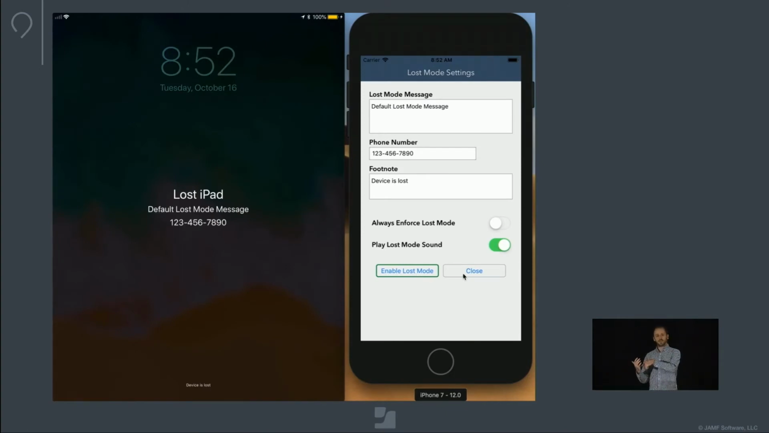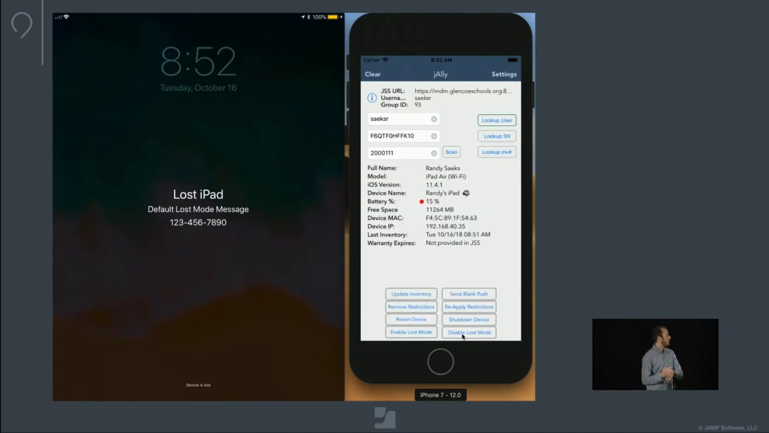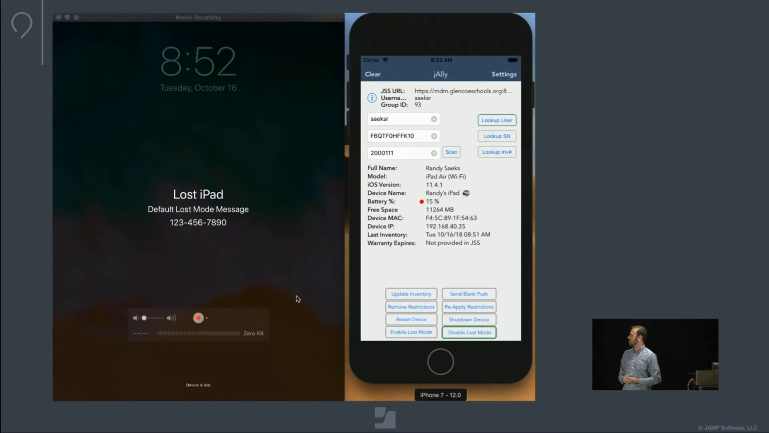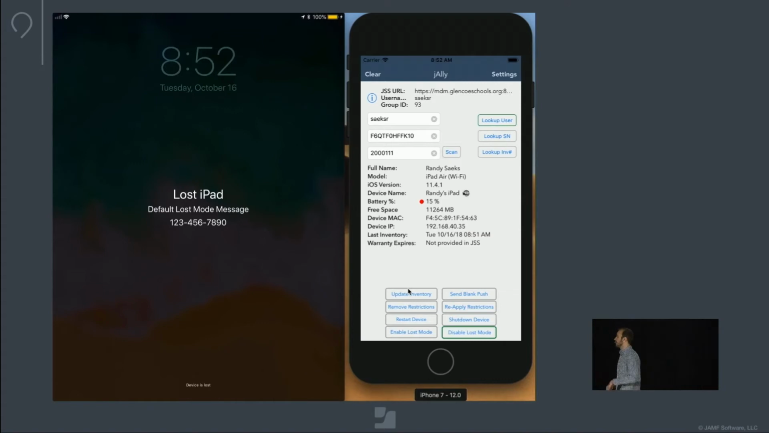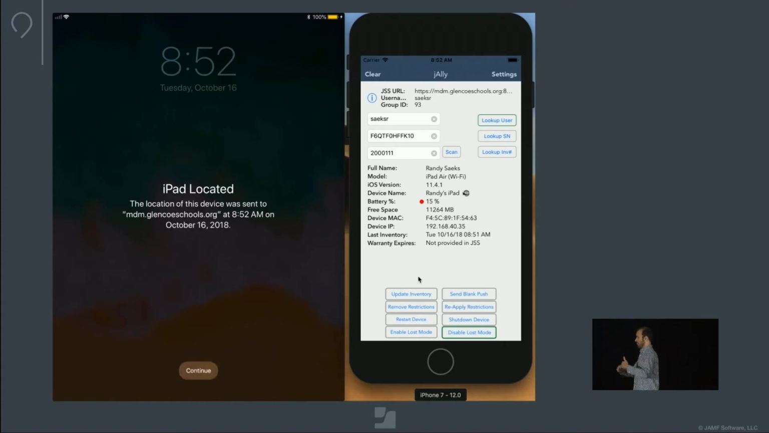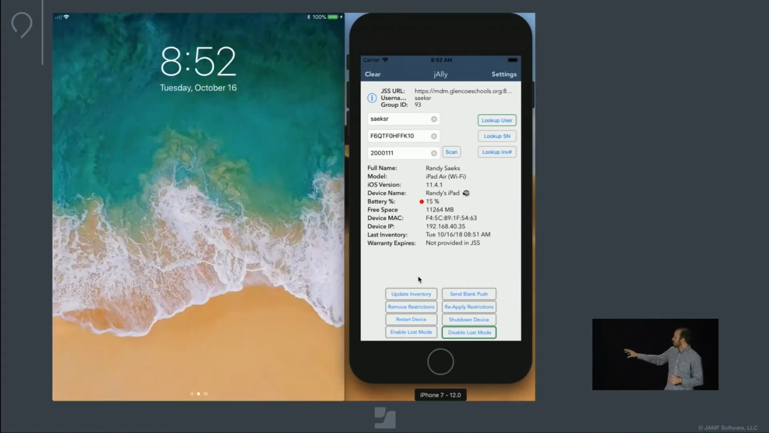If there's a quick and easy way they can tap one button and have this all work, they can get that. It works pretty quick, so if I hit disable loss mode, usually in about 4 or 5 seconds, that device will kick out of the loss mode and it'll actually say that it's been located and continue. So that was a way we were trying to take a common task we were getting because this student, this